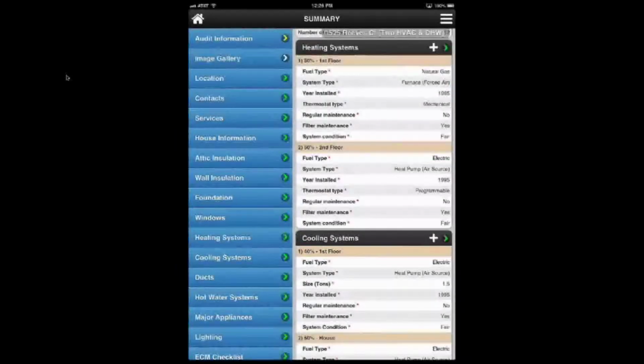Rich, good comment. Just for consistency's sake on the attics, again, for attic access, one says walk up and the other one says stairs. Now, we have